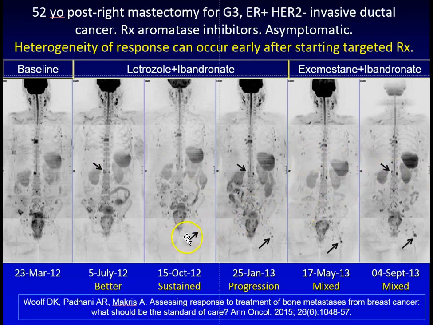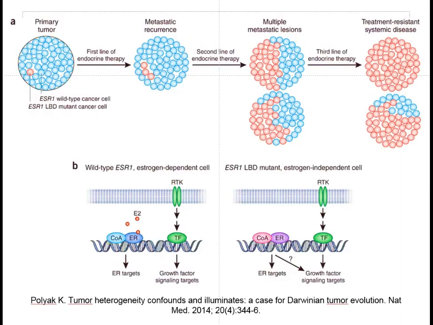But look what happens to this metastasis over here. We can see how it grows over time. And this is the classical picture of secondary resistance to aromatase inhibitor therapy, and this recent article looked at this whole question and showed very nicely that